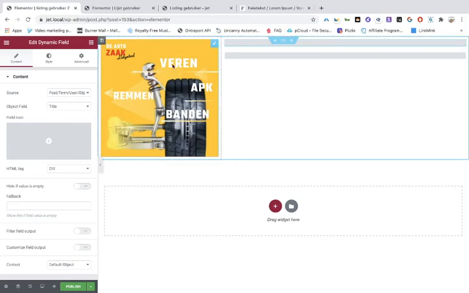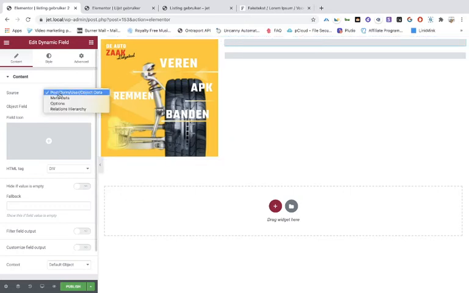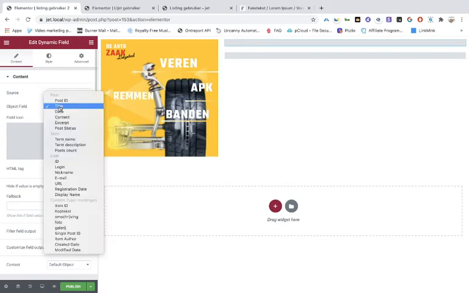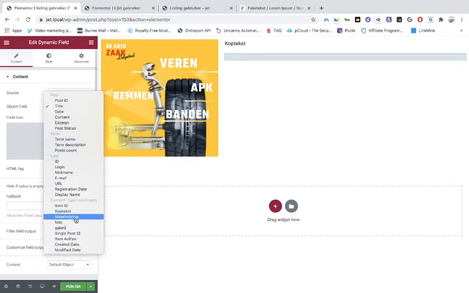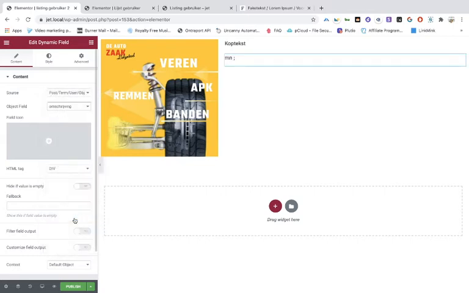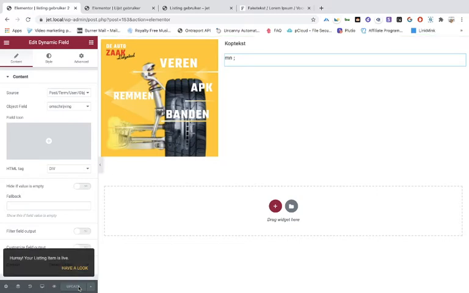In the first one, we're going to choose post terms, user object data, and it's going to be the title of the custom type Meldingen. And the content is going to be, in my case, de omschrijving. And then you can publish it, but